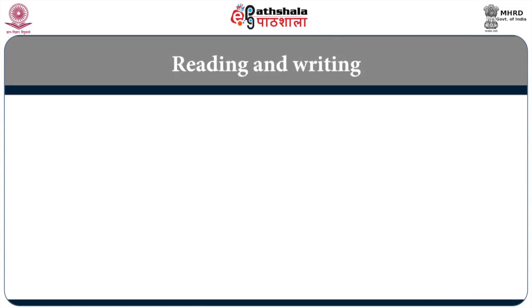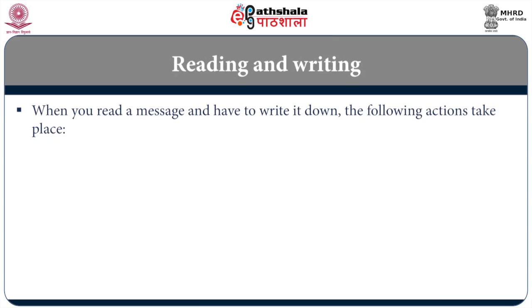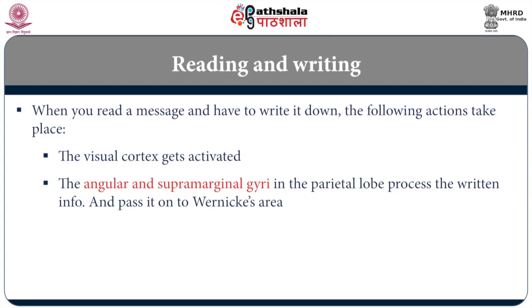What about reading and writing? When you read a message, the first activity is from the eyes, and the information goes to the occipital lobe. From the occipital lobe, the information gets to Wernicke's area, the comprehension area, through the angular and supramarginal gyri in the parietal lobe. That's why they are called reading and writing areas. So reading and writing involves the occipital lobe, the angular and supramarginal gyri in the parietal lobe, Wernicke's area, and after the